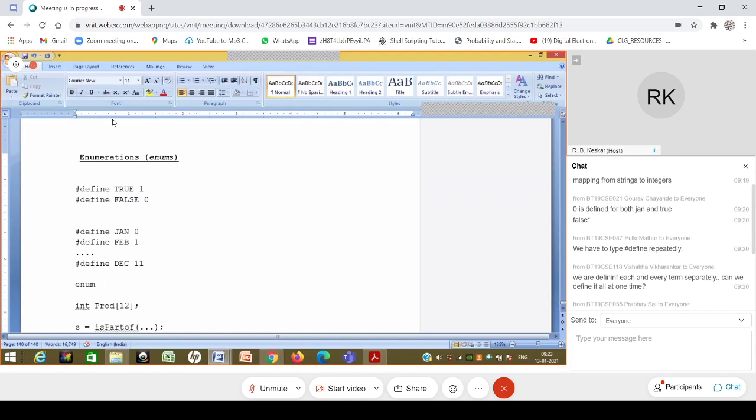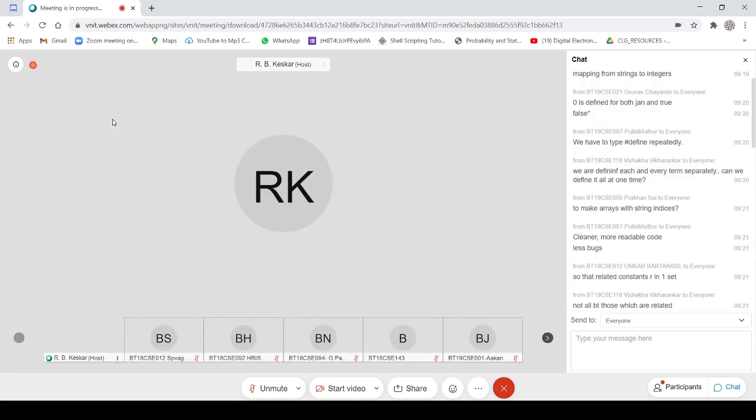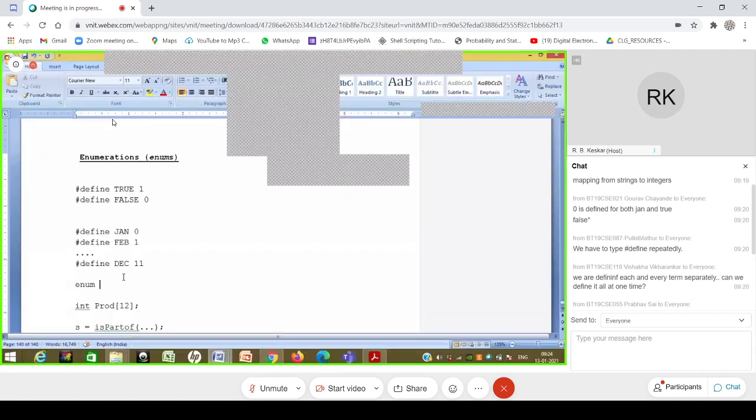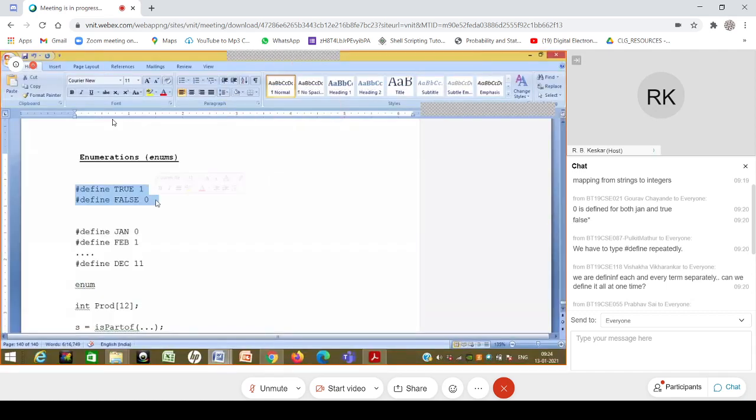For example, I can say enum boolean. This looks like Boolean values, and these are months basically.